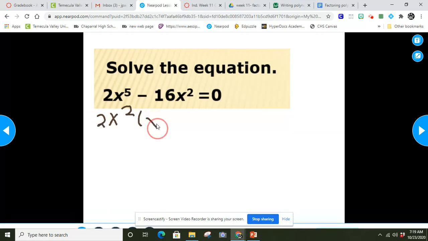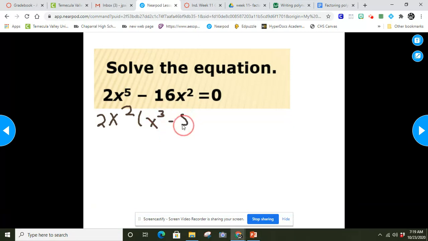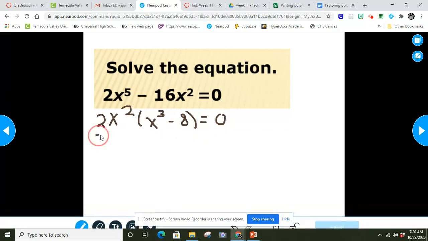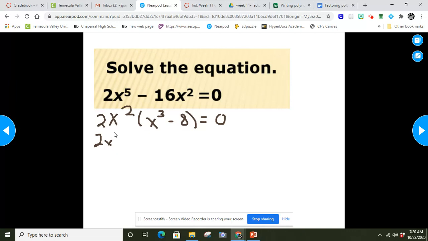That leaves me with x cubed minus 8. And now you have the difference of cubes, so you can get x minus 2, x squared plus 2x plus 4